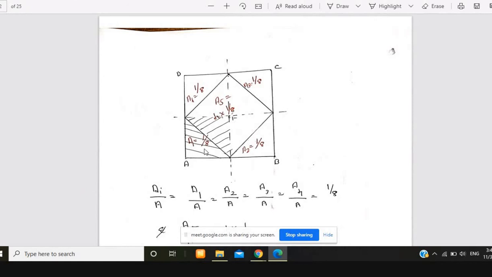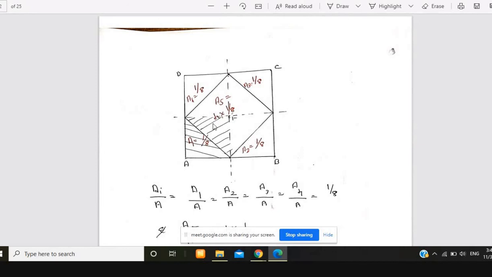Okay, so here we will be having 1, 2, 3, 4, 5, 6, 7, 8. 8 sections are there. A big square, it is divided into 8 sections. So the weightage will be 1 by 8. This small section will be 1 by 8. As the total area is divided into 8 sections, one section will be 1 by 8. So A1, A2, A3, A4 will be 1 by 8. But this A5 is formed of 4 sections of 1 by 8. So 4 into 1 by 8, that is, it will be 1 by 2.